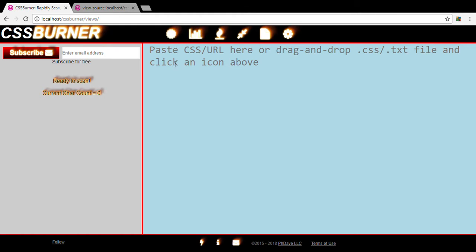The reason that scan is such a powerful option for this tool is that it allows you to pinpoint errors and warning level indicators for your style sheet, warning being something that is, say, deprecated or just something you might want to take another look at, but it's not necessarily an error in your CSS. It allows you to pinpoint these errors and warnings very quickly, much more quickly than you would be able to